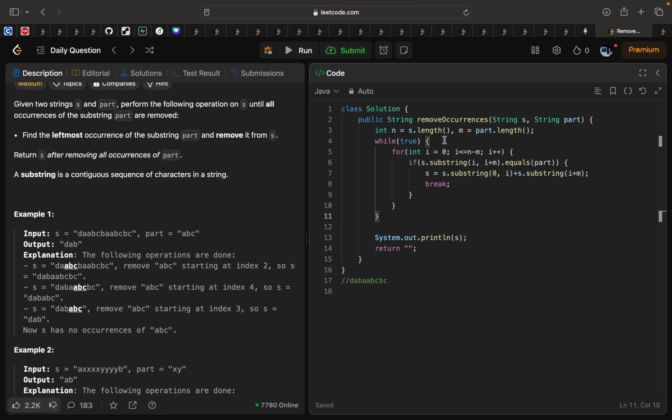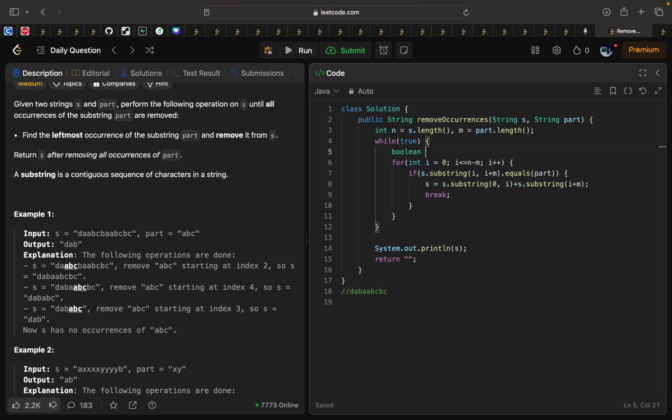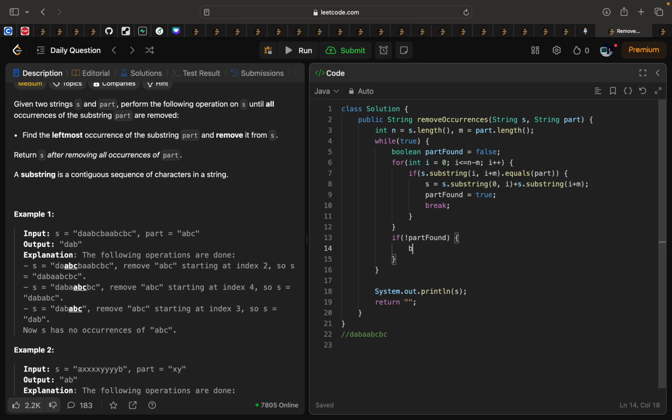run this loop. Let's say we initialize a boolean, part found, and initially we haven't found the part, and when we reach this condition, we can say that we have found the part. Okay, so we can break out of this while loop, which is running infinitely now, when we say that we haven't found the part in our string s. So now no occurrence is present, we have removed all the occurrences, so we can break,